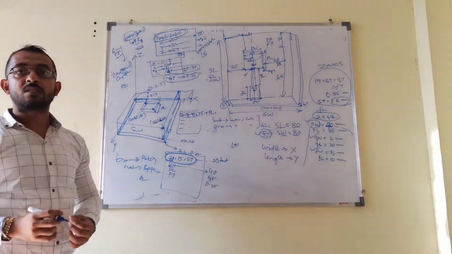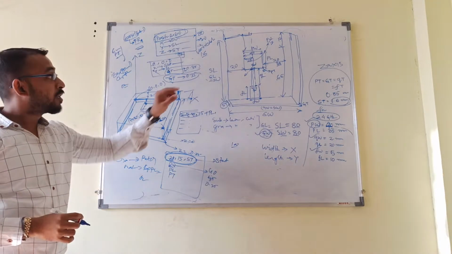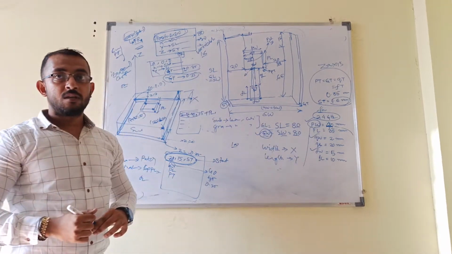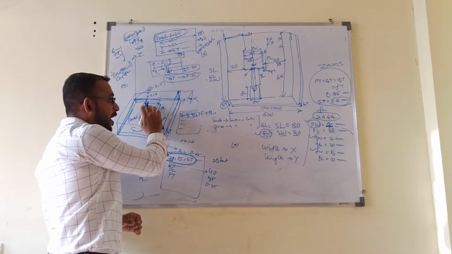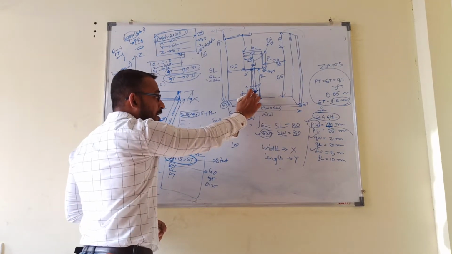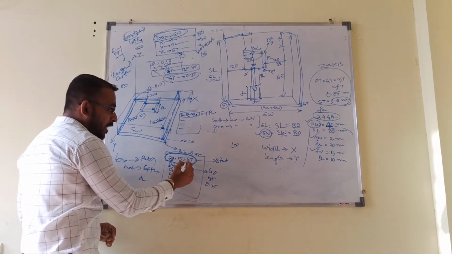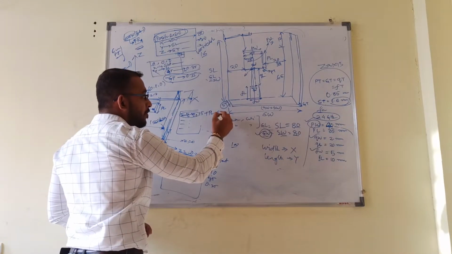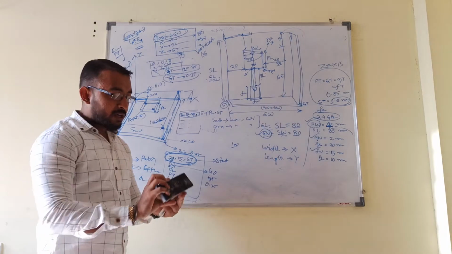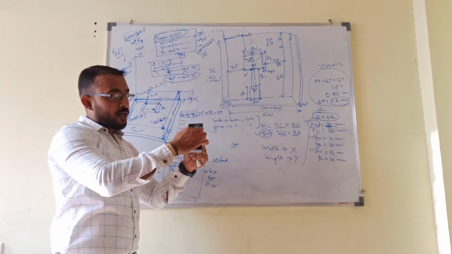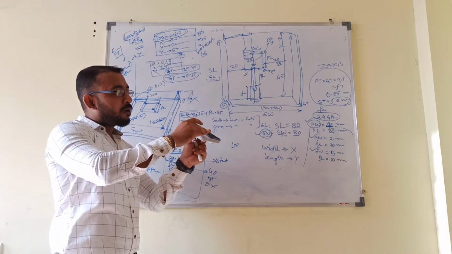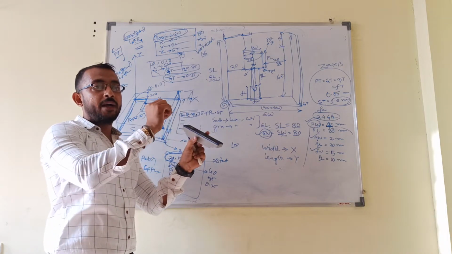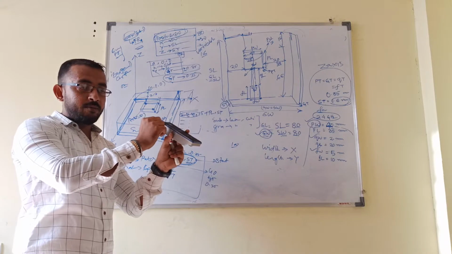From the origin, how much distance should I move in the Z axis to reach this point? In each case, whether it is patch, quarter wavelength, or feed line, the Z value will remain the same as the substrate thickness, because your patch, quarter wavelength, and feed all three lie in the same plane, and for all three I have to move a height of 1.6 mm, which is nothing but the thickness.